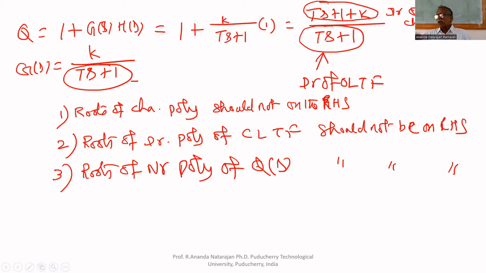Roots of the characteristic polynomial should not be on the right hand side for a closed loop system to be stable. Roots of the denominator polynomial of the closed loop transfer function should not be on the right hand side. That is also the same. Roots of the numerator polynomial of Q of S, because the roots of the numerator polynomial are nothing but the characteristic equation. So if you do the mapping for 1 plus G of S H of S,